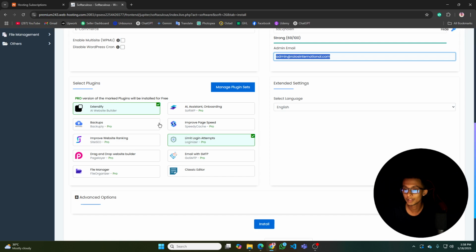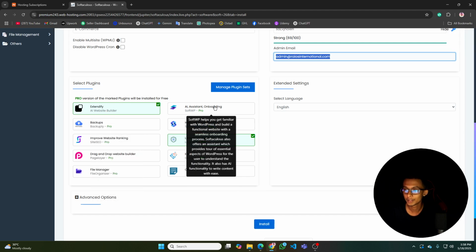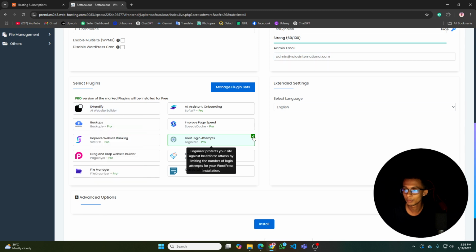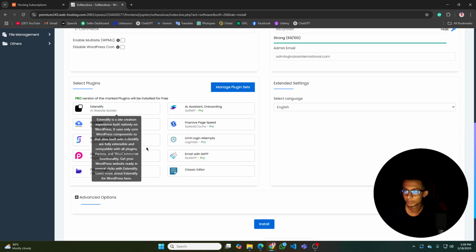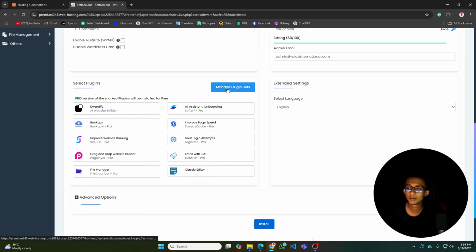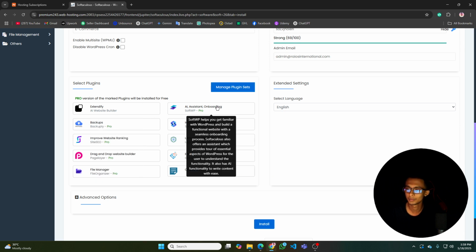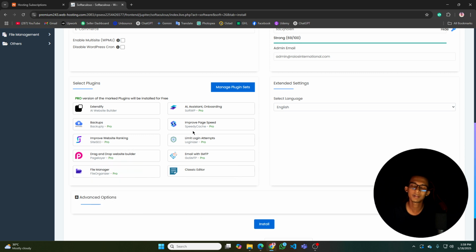Then select language, and if you want to select any plugin, just click the plugin. Or if you want to set up any other plugin, you can click manage plugin seats and you can easily manage your plugin. I have no interest to install plugin in here because I want to install all plugin from WordPress